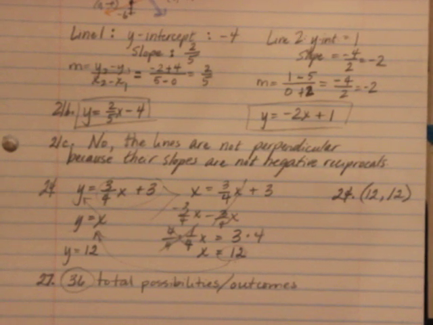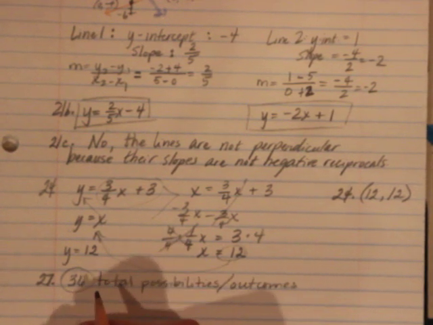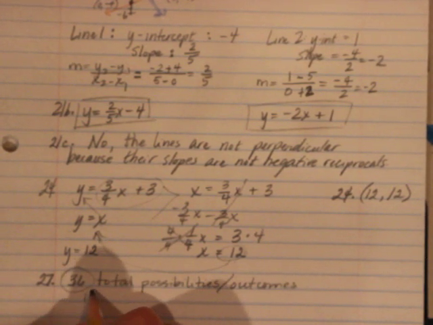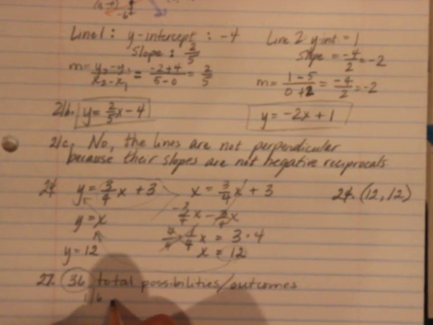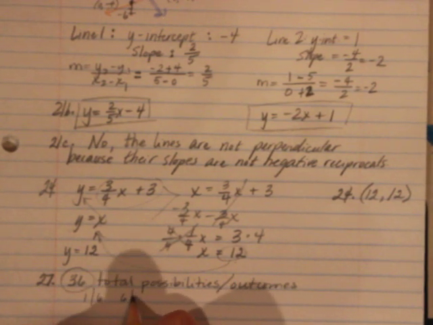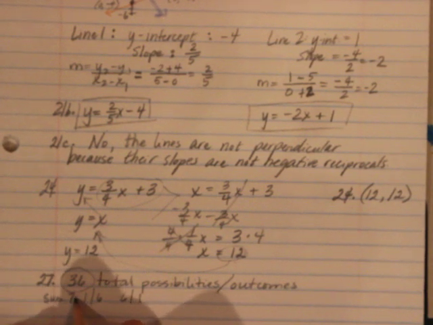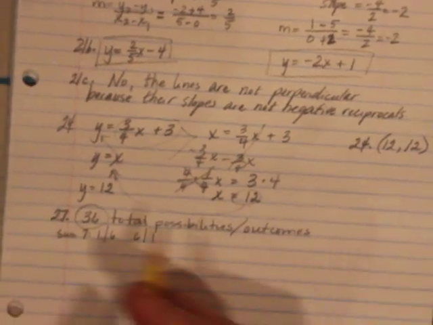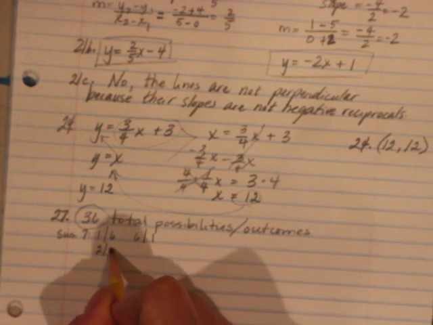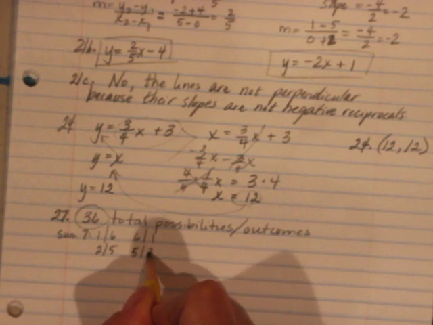But how many of them could possibly be a sum of 7? Let's think about it real quick. If one side is a 1, the other would have to be a 6. And I could do it the other way around. If one side was a 6, then, right, this is a sum of 7. Okay. I could roll a 2 and a 5, or a 5 and a 2. I could